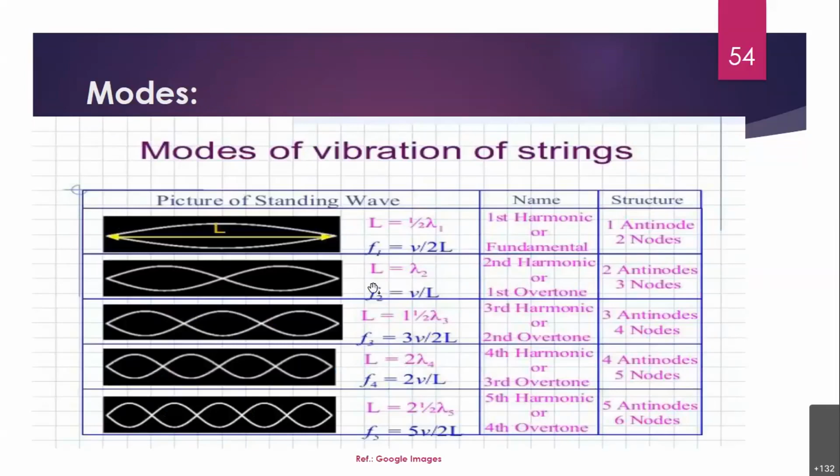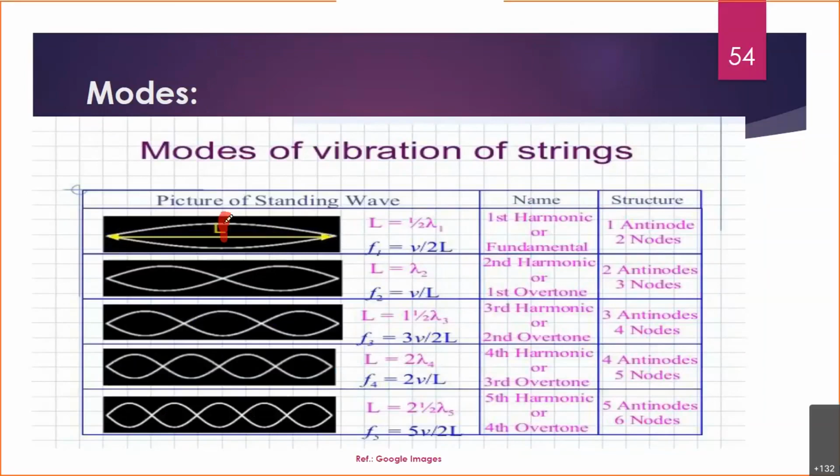Many people have doubts about how these standing waves look, or how this pattern is going to be considered. So look at the picture. Many people are aware that wherever the amplitude is maximum, we know it as an antinode. Wherever the amplitude is minimum, let me annotate it also. At this place the amplitude is maximum, so we consider it an antinode, and here you see it is minimum, so this place we know as a node. So nodes and antinodes are always there.